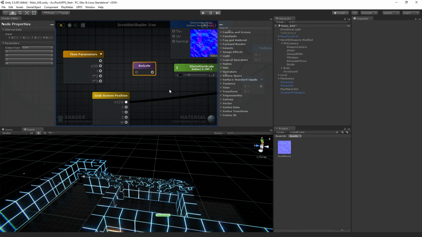What swizzling is, when we're talking about graphics programming, is it allows us to reorder the components of a vector, or to modify the components of a vector, right? So let's say I actually do have a vector 4 coming out of my grab screen position, and instead of having it be XYZW, I wanted it to be WZYX. I want to invert the order. I could pass it into a swizzle node and say the output type is going to be, say, YYZW or YYZX or whatever. We can mix around the order of the components in a vector,